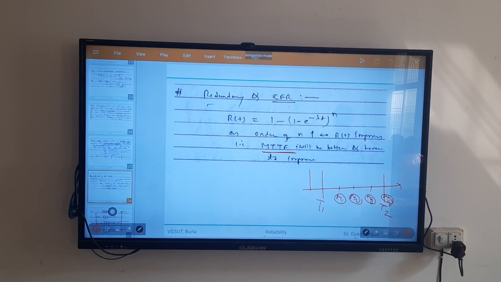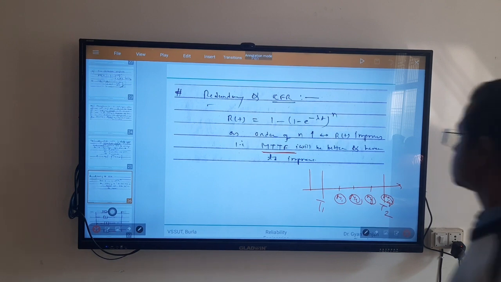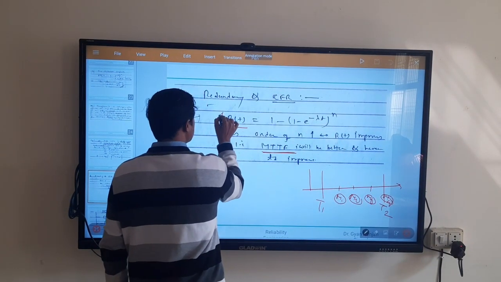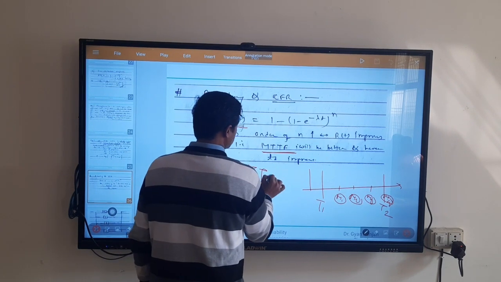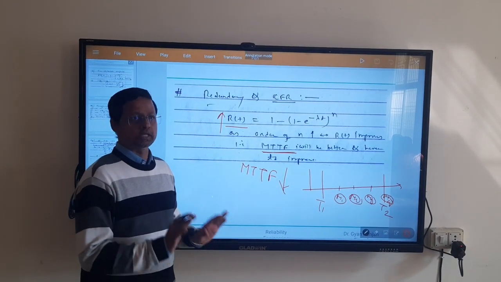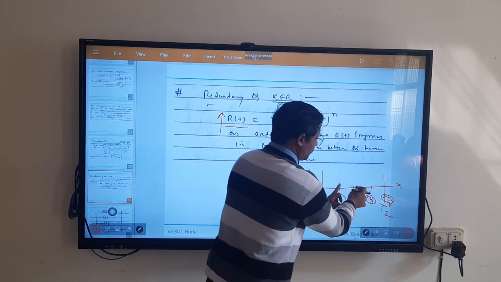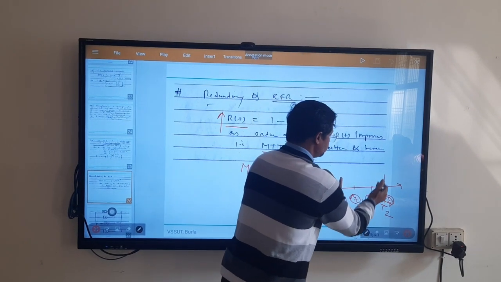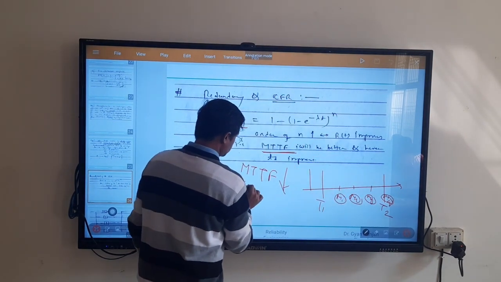Earlier, on a given day, 70 vehicles were available on road. Now the same transporter has ensured that 80 vehicles will be available. What will happen? It will increase its revenue. Right? If it can increase its revenue, its overall operational cost will reduce. So that means if I can increase this availability, it is only possible if my mean time to failure is improved. Mean time to fail or mean time between fail, both are the same thing. Remember, right? Don't be confused.